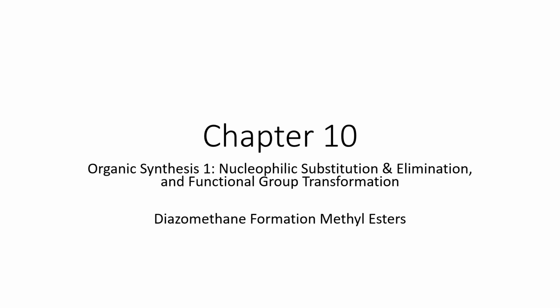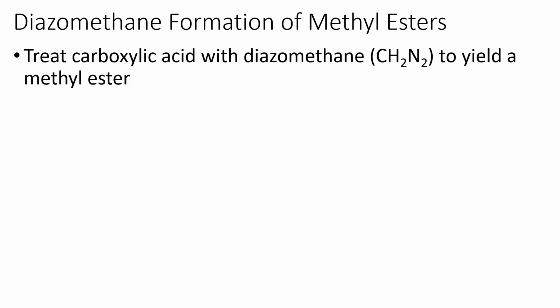In this section of Chapter 10, we're going to be talking about using diazomethane to form methyl esters. So with this, we're going to treat carboxylic acids with diazomethane, which is CH2N2, to yield specifically a methyl ester. In this process, we start with our carboxylic acid, RCOOH. We put it in the presence of diazomethane, CH2N2, and we're specifically going to get out that methyl ester. So instead of having a hydrogen on the oxygen, we will have that methyl group on the